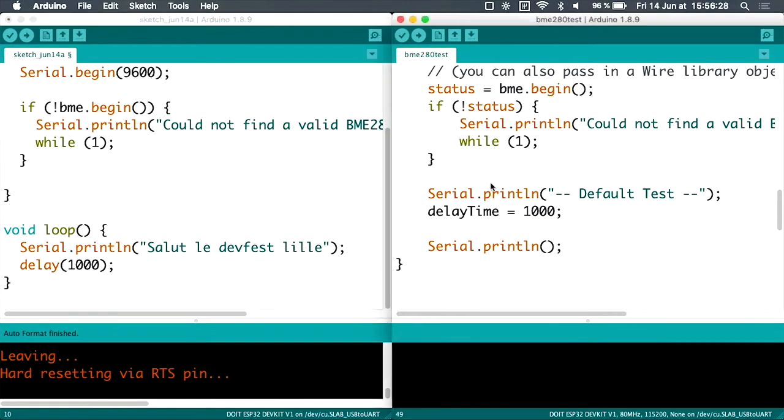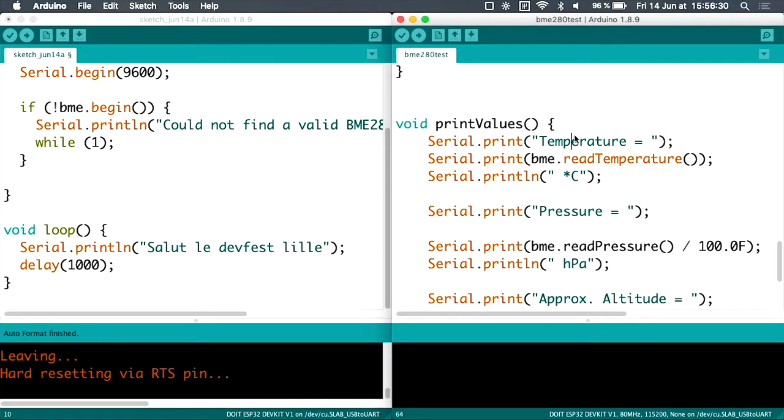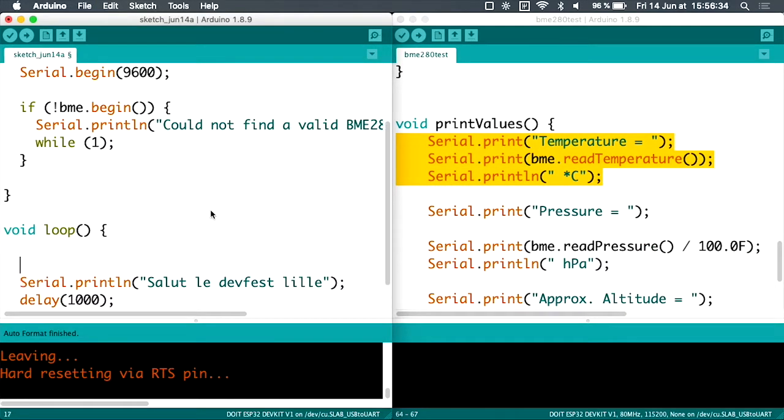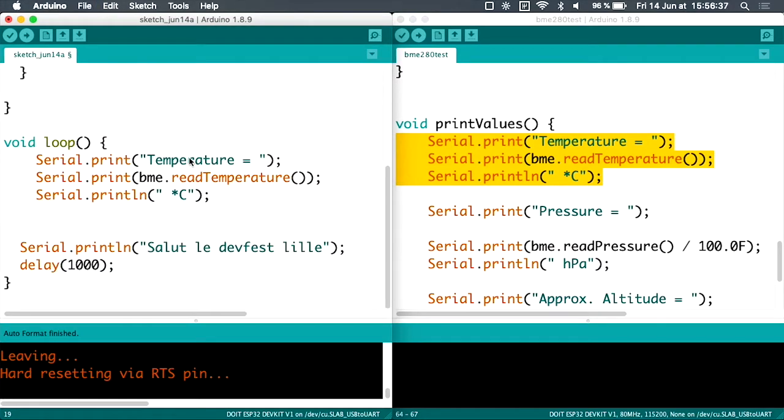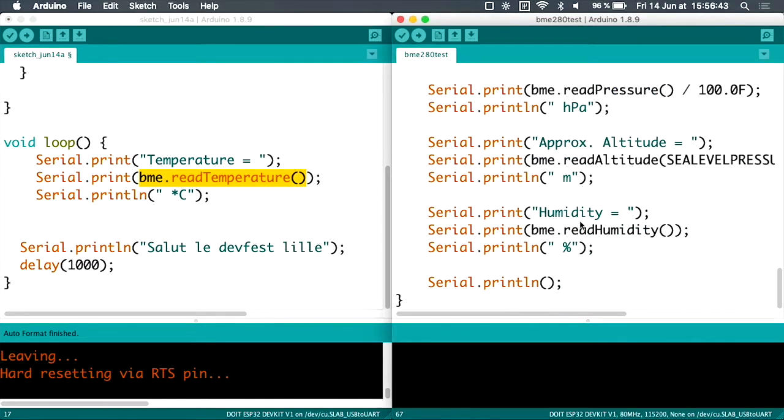Then in the loop method, we will simply get the temperature and humidity data. To get the temperature, it's as easy as writing bme.readTemperature. Calling the readTemperature method will give us the current temperature, and we can just print it to the serial line.